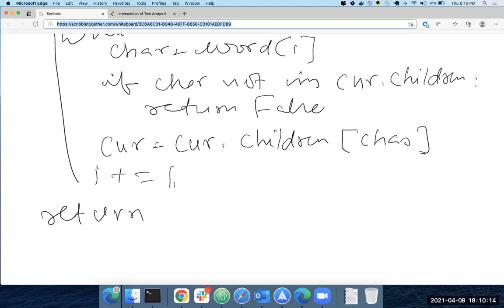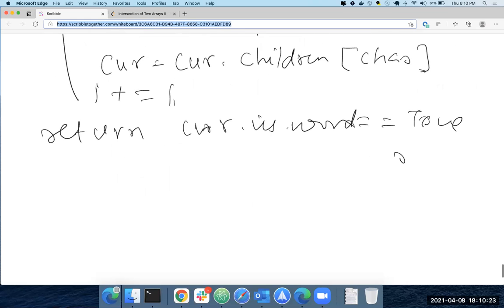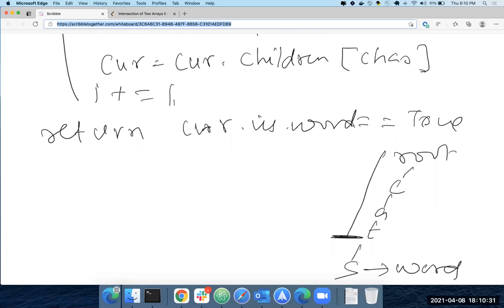All you'll do is return current.is_word is exactly equal to true. So let's say you were standing at root, you had C, A, T, and S, and this was the only word. Even though you found cat, this is still false, so this will still return false.